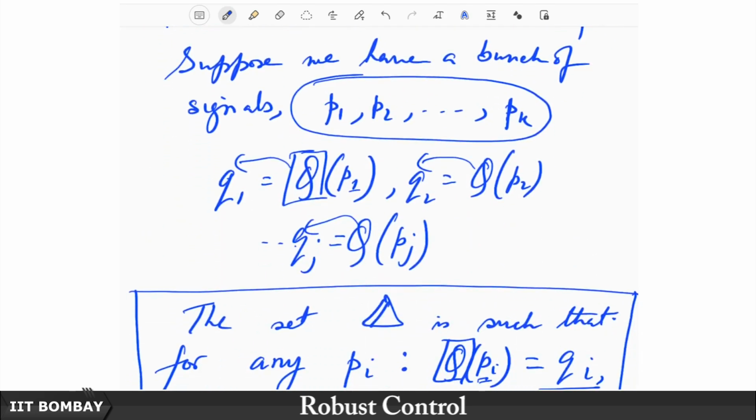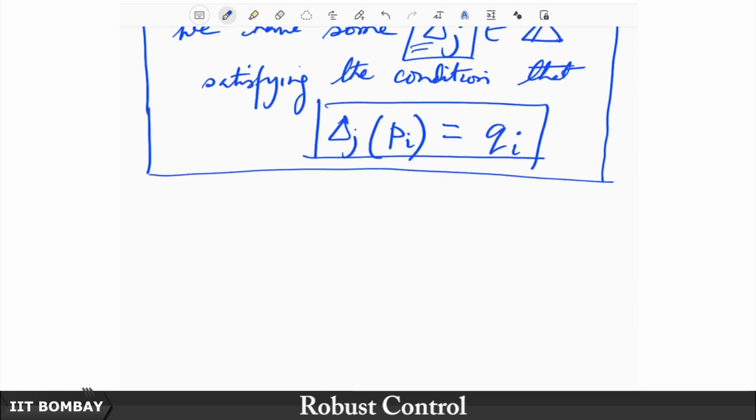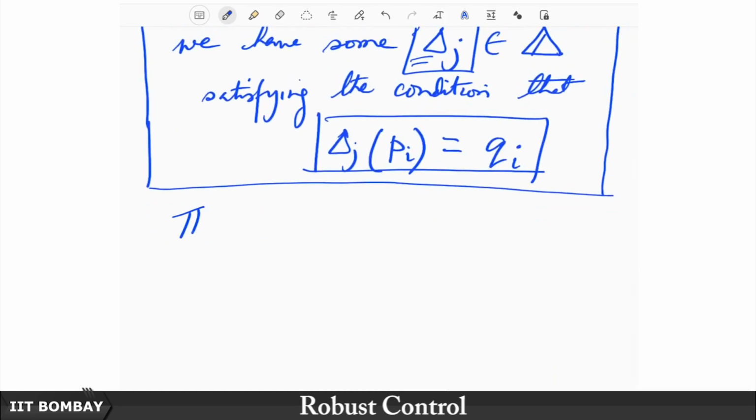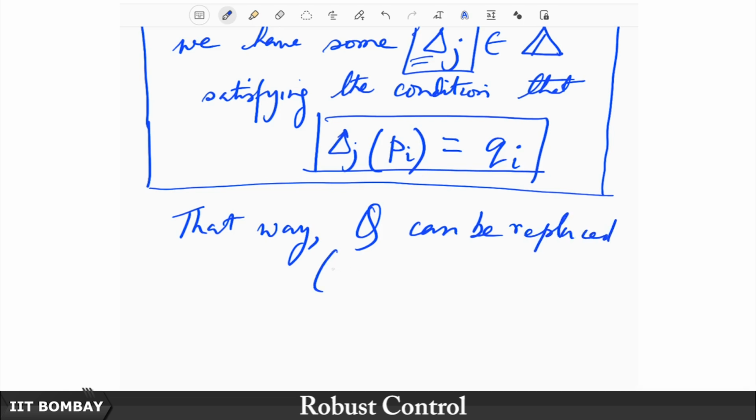In other words, I have managed to replace, so that way Q can be replaced. So, let me put below Q that Q is a map, yeah, can be replaced by